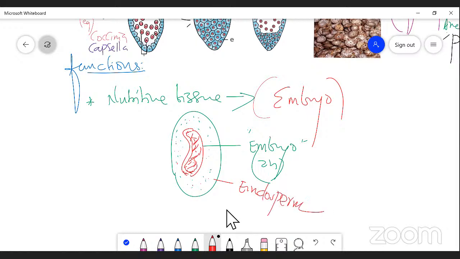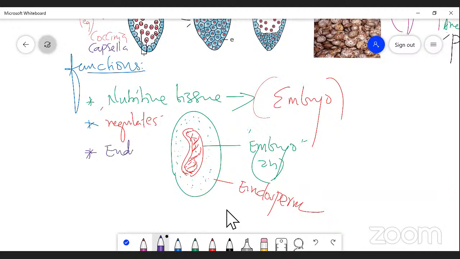Actually, the endosperm is a nutritive tissue which is very large and occupies the maximum area of the seed, in which the embryo gets nourishment from the endosperm. Second point, it also regulates the structure of the embryo. The shape of the embryo is determined by the presence of endosperm, right? In almost all the endospermic category,